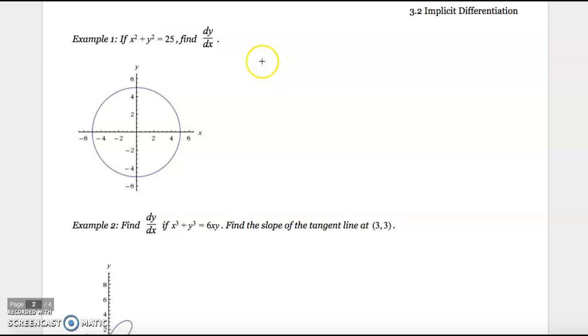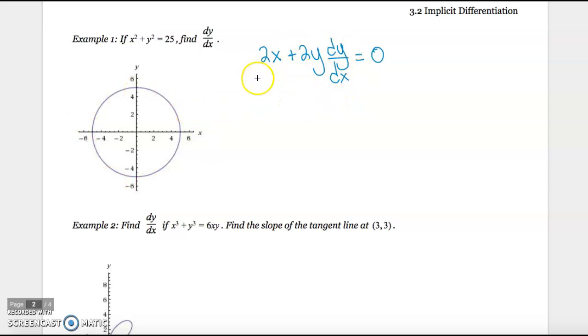derivative. So the derivative of x squared is still just regular, so it's 2x. The derivative of y squared is just 2y, but because I took the derivative of y, I need to, quote, tack on a dy dx. And then what's the derivative of 25? Well, the derivative of 25 is 0. And so now I'm going to solve for my dy dx, my derivative, and that will give me my